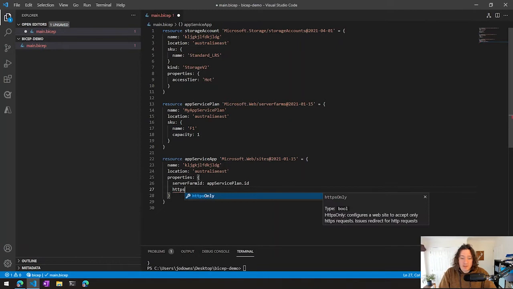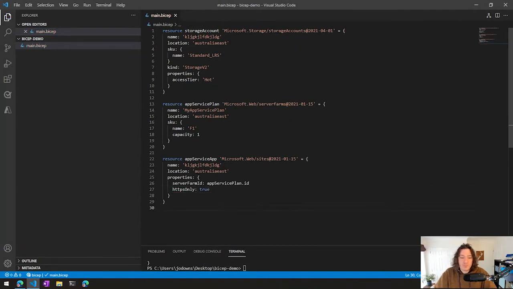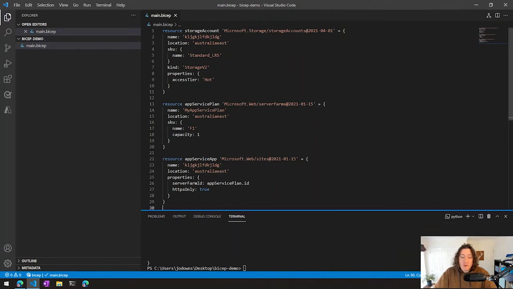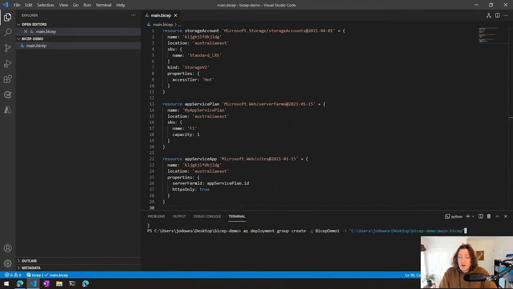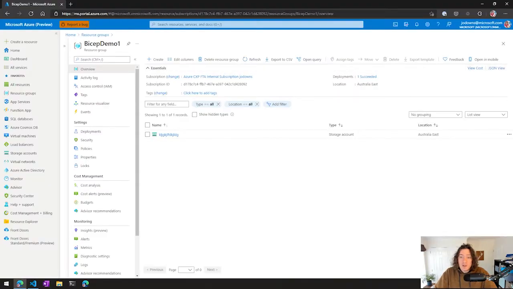And we can also set another property here, which is HTTPS only, which is usually a good practice. Okay, so we've now defined a Bicep file with 3 resources. So we've got a storage account, an app service plan, and an app service app. If I redeploy that same Bicep file using the same command as before, and then we can look in the